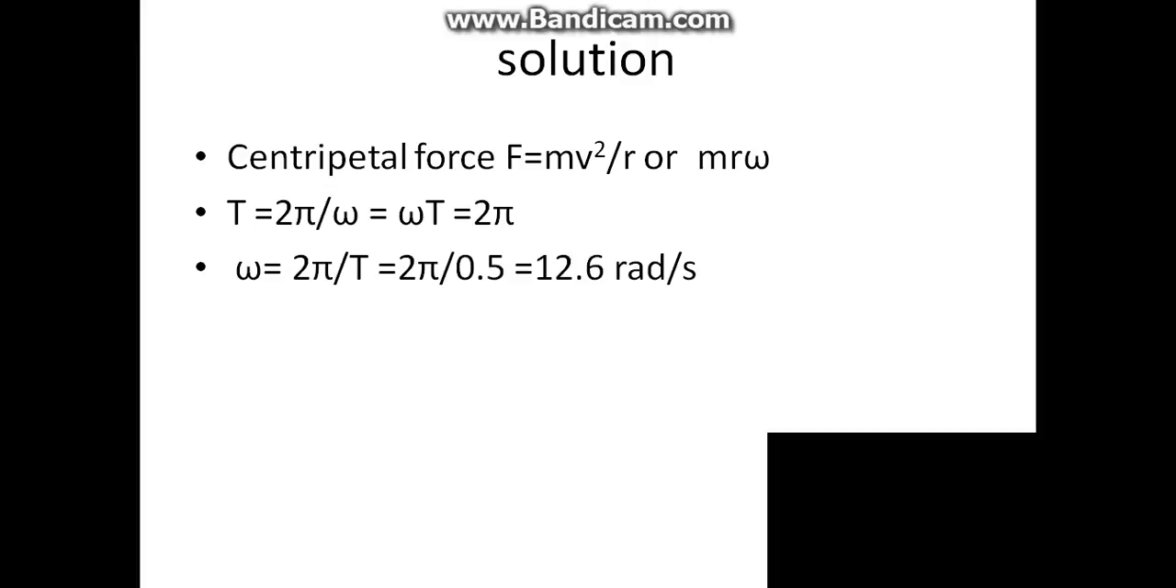Phi, the angular speed, is equal to 2 pi over T, which will give us 2 pi over 0.5 when you substitute the figures into the unknown values. You now